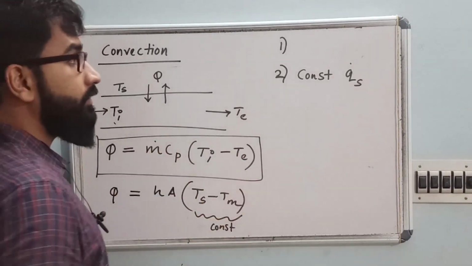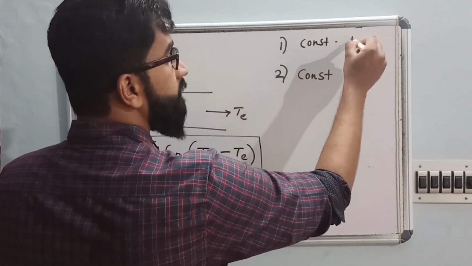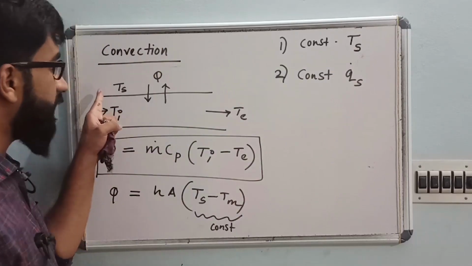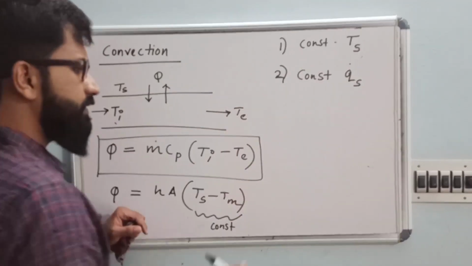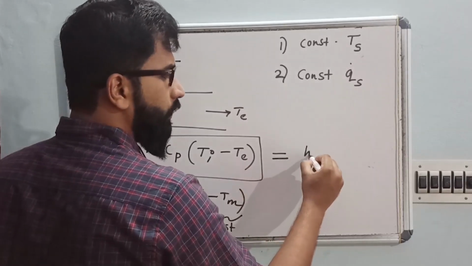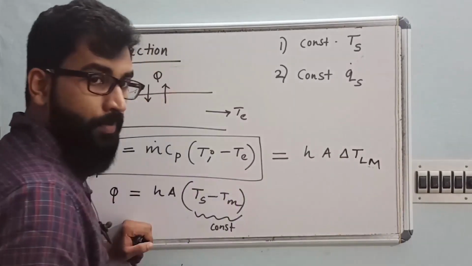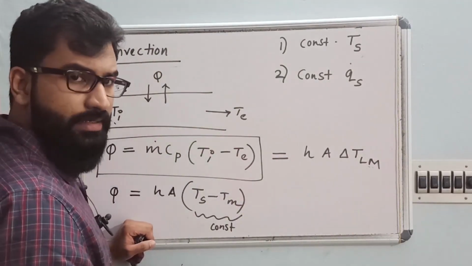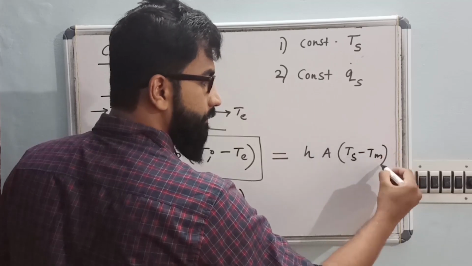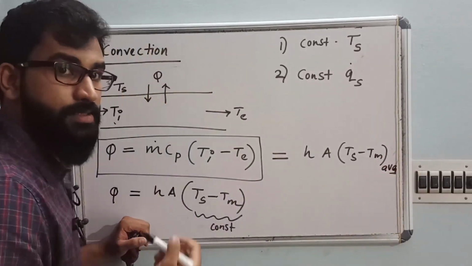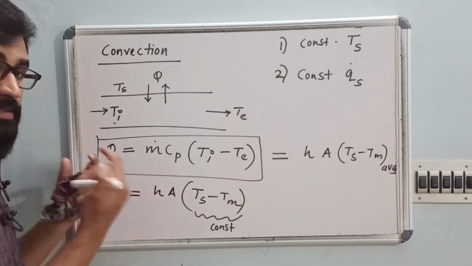Now the important question we have in GATE is based on constant surface temperature. If the surface temperature is constant, very easy. This Q will become HA delta T Lm. Why are we writing delta T Lm? Because this is Ts minus Tm average. So which is the suitable average for us in this condition? The average is, you can see here,